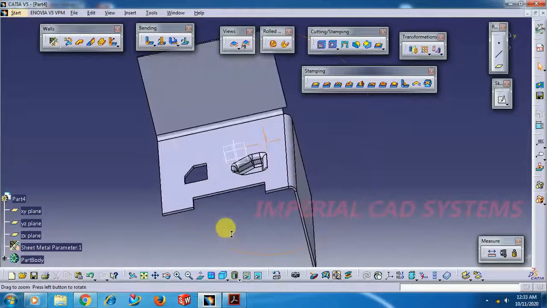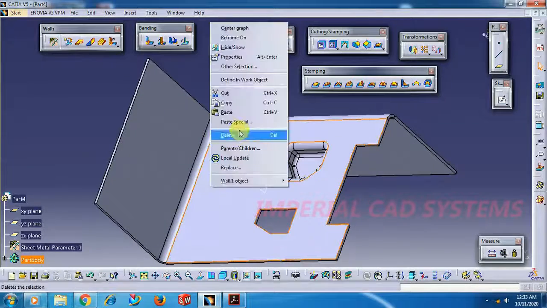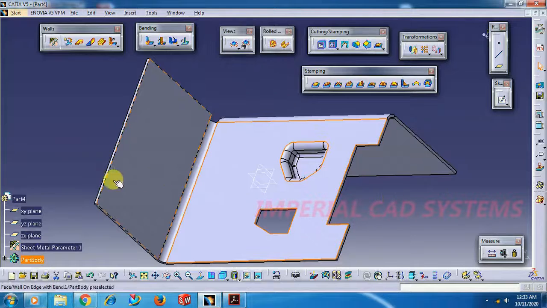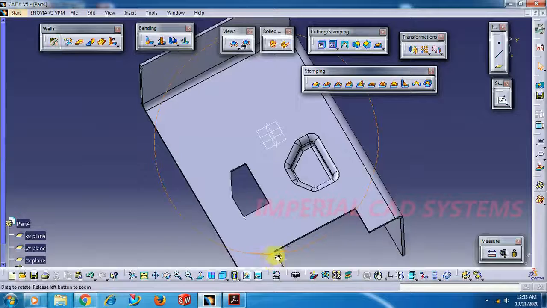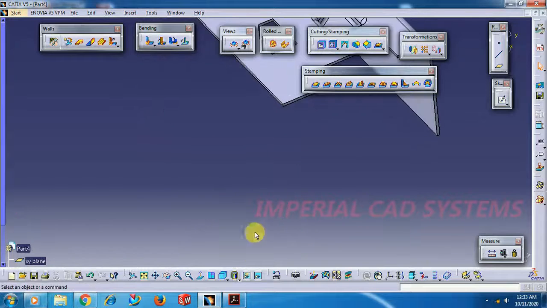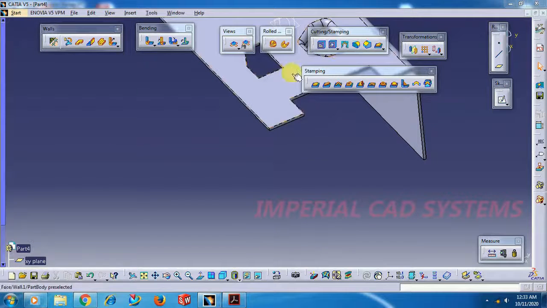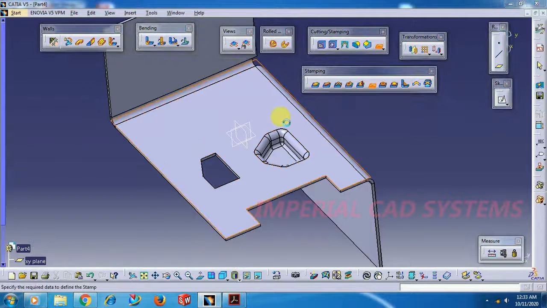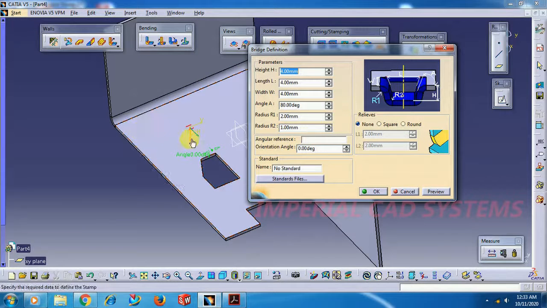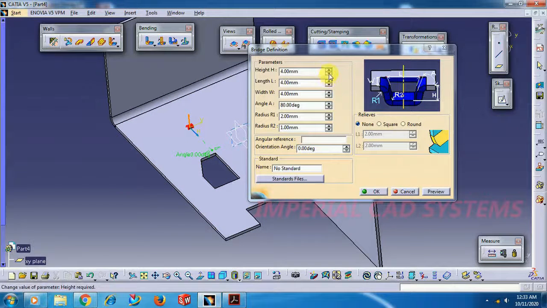See, this is stamping. Bridge, I give another example. Select bridge, reverse this arrow, height,